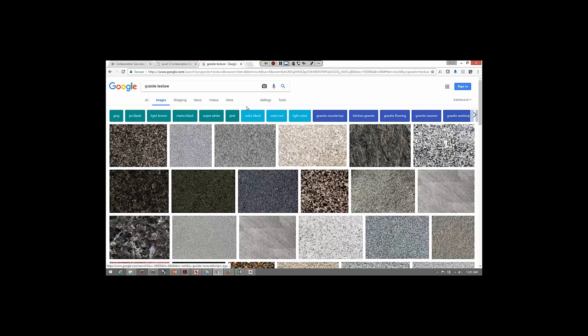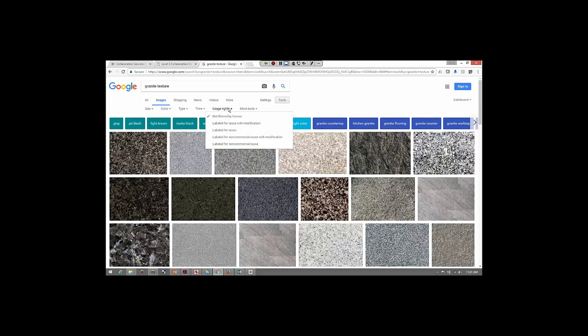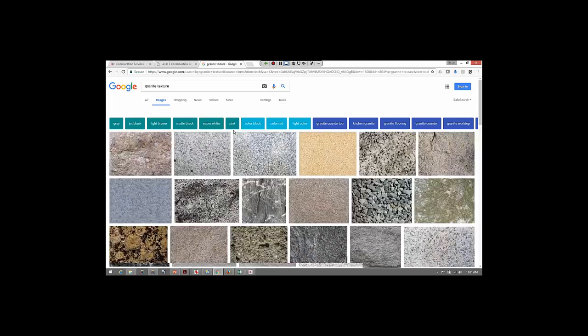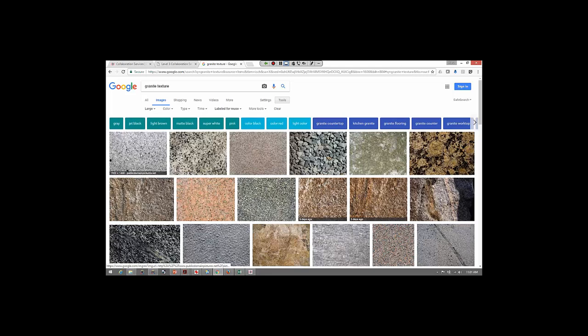Some of the other things that are nice in terms of images: if you go into Tools, you look over here for usage rights. For usage rights, you can choose labeled for non-commercial reuse with modification, or just plain labeled for reuse. Anyway, I'm looking at granite textures, and you can also filter by size, so if you only want large granite textures, you can do that as well. I just went through and found something that was pleasant. So here's